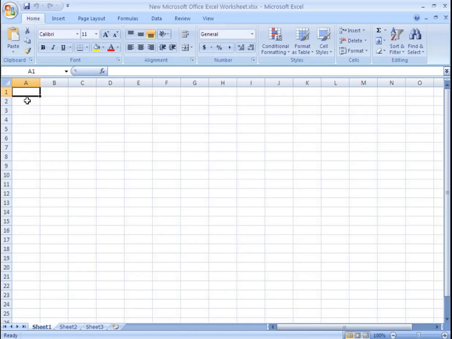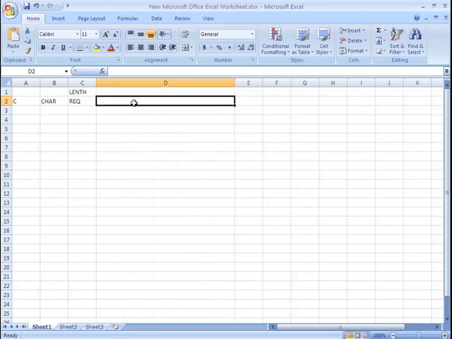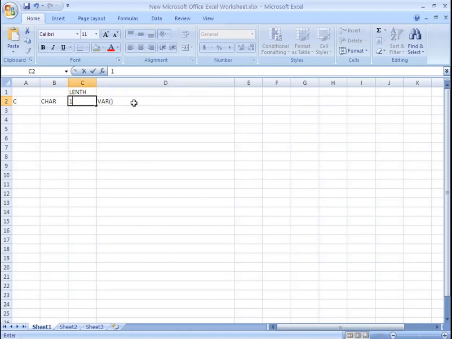SAP has the following predefined data types. The first one is C. C means character. Length specification is required. If you are using C, you need to declare it like this: declare parameters or some variable name, a variable of length,